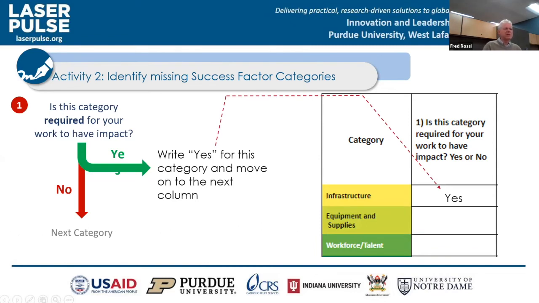So for each of the success factor categories in the Activity 2 template, you ask yourself, is this category required for your work to have impact? So for our problem, schools do not have access to age-appropriate reading materials. We understand that infrastructure is indeed required because reading materials need to be delivered to schools, which also requires road infrastructure, methods of delivery, transport, etc. So there are several aspects of infrastructure that are necessary. So of course we will say yes,